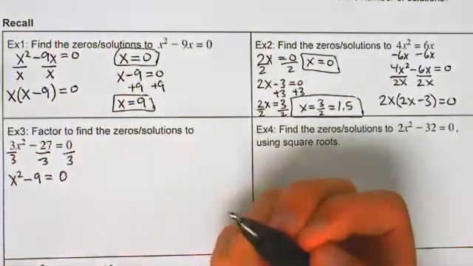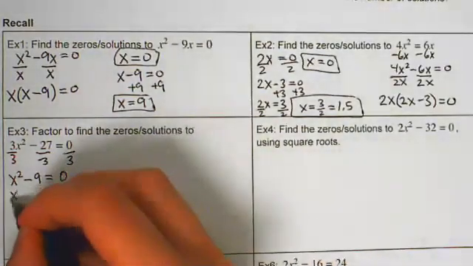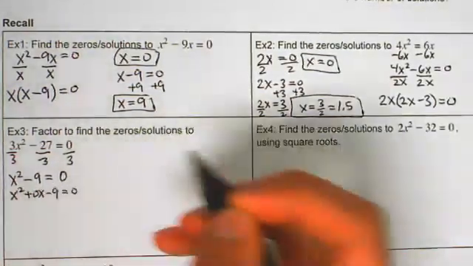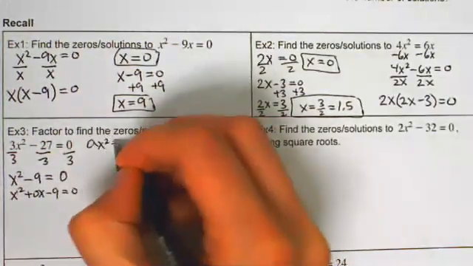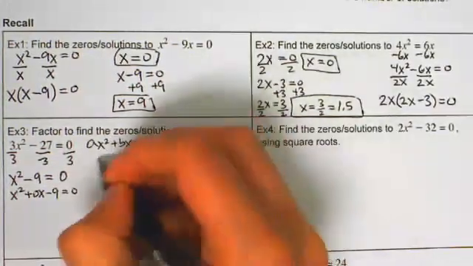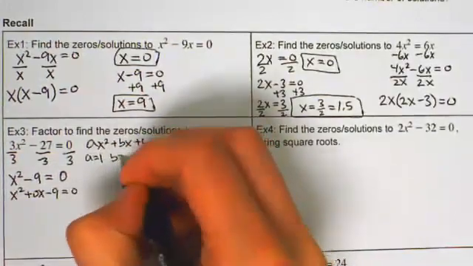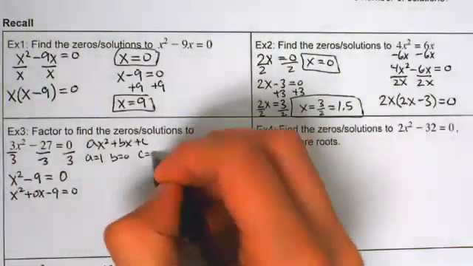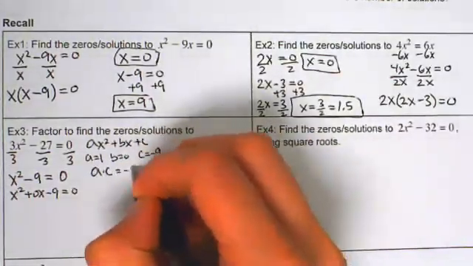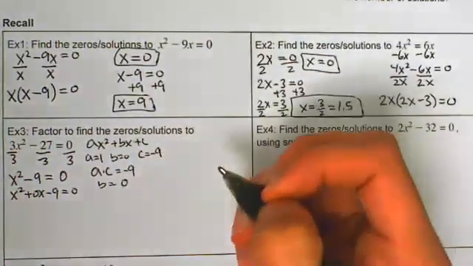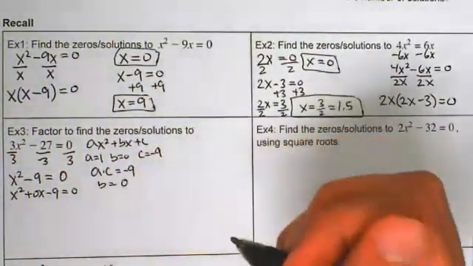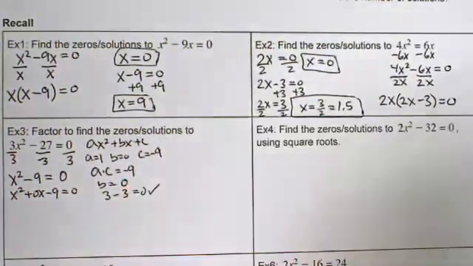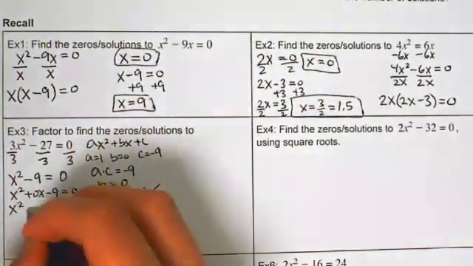And unfortunately, this is not going to be super pretty, because as you recall, x squared plus 0x minus 9 equals 0. That is because we are thinking about ax squared plus bx plus c. And in this example, a equals 1. B, which was not previously present here, equals 0. That's the reason why it wasn't there. And c is equal to negative 9. A times c equals negative 9. B equals 0. The numbers which multiply to make negative 9 and add to 0 are 3 and negative 3. So we need to split up 0x into